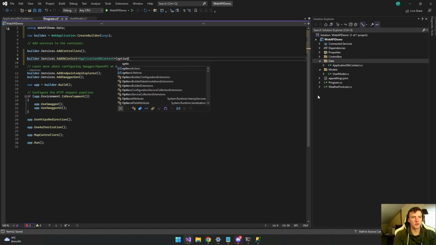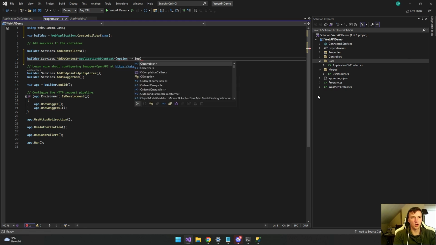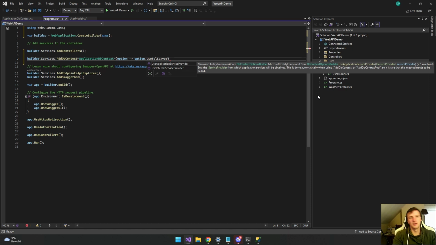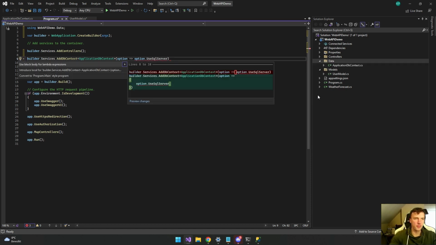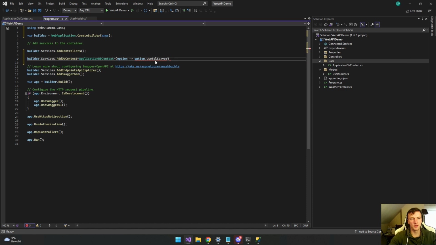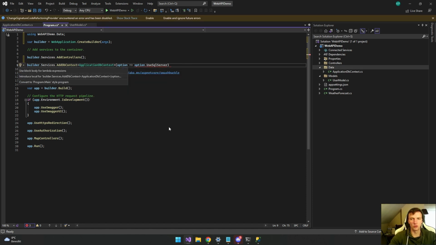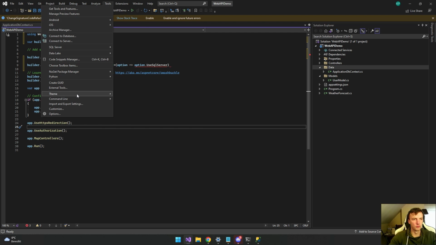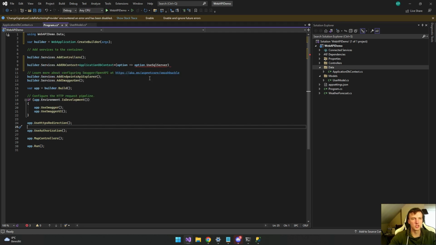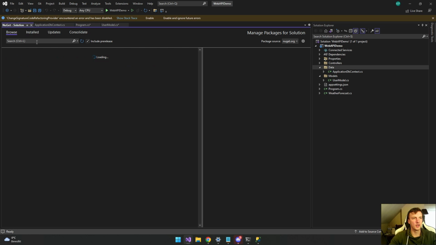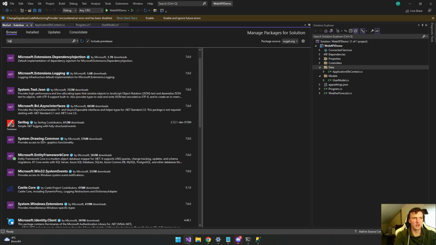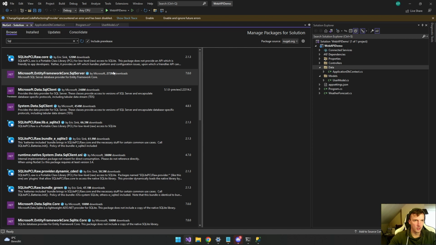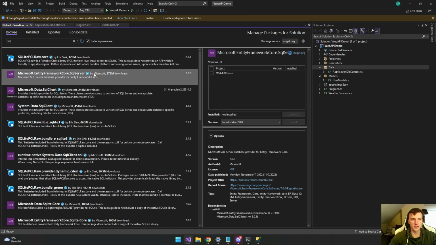So option lambda expression, and now we need to use options.UseSqlServer, but it will not find the SQL Server, and even when you try to install it this way, I think it never finds it. So what you need to do is go to Tools, NuGet Packages for Solution, and right here you search SQL, and right here Microsoft, and then you install Microsoft.EntityFrameworkCore.SqlServer.